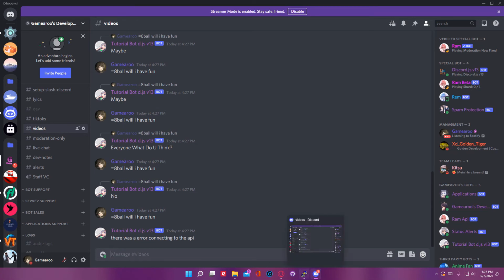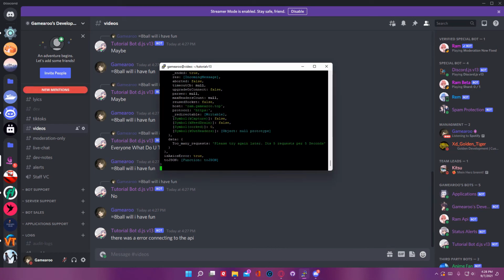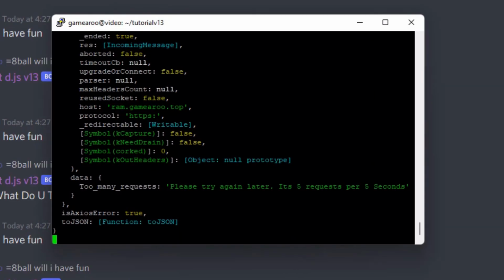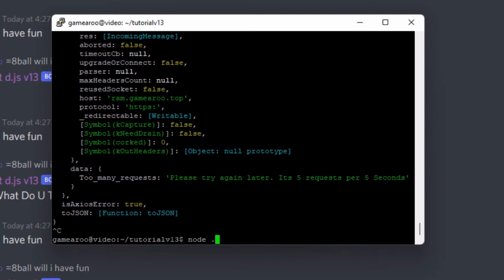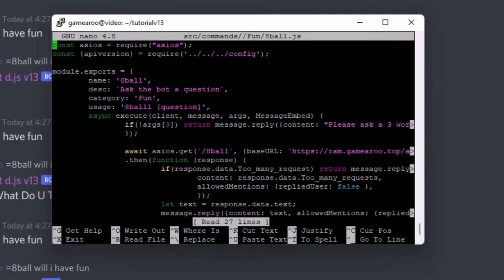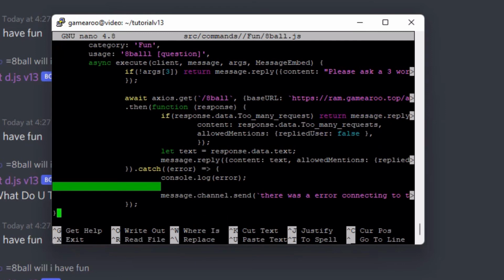So let's see what the error is. Data. There is data in error. Okay. So what we can do, I wasn't sure about that. So what we can do with this, and I'm actually going to add this to the GitHub one. I wasn't sure if you can do this. So if